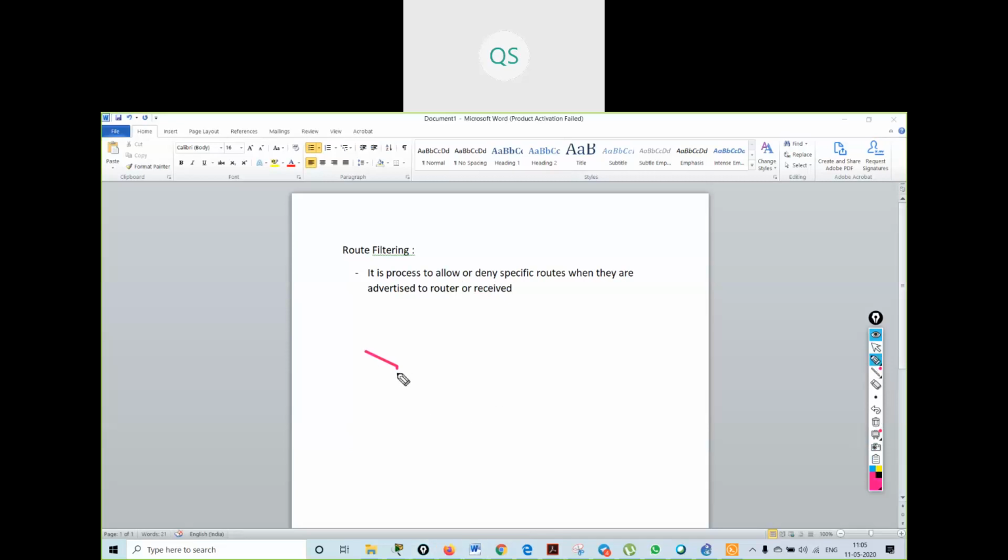See, suppose I am having two routers. One router is over here, another router is over here. They are connected with each other. I am running some routing protocol, let us consider I am running EIGRP. There are some routes over here in the LAN, and some routes over here in the LAN also. Whenever I put these two interfaces and advertise them in EIGRP,